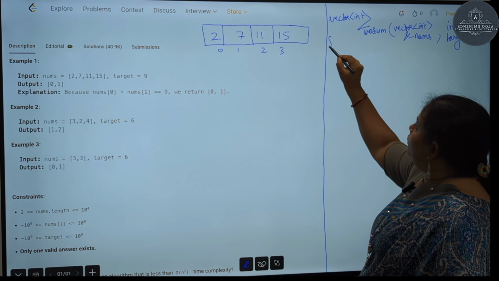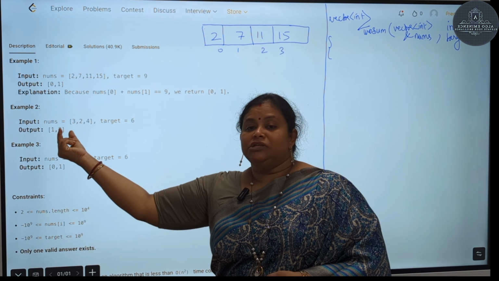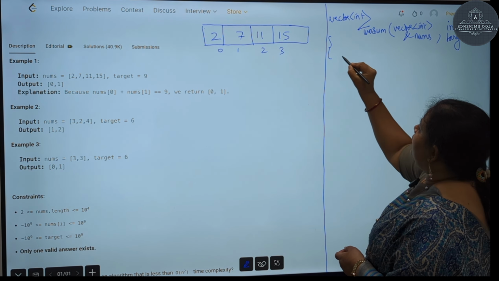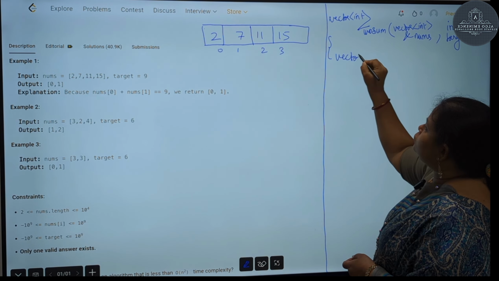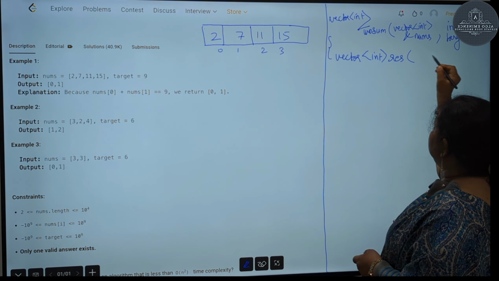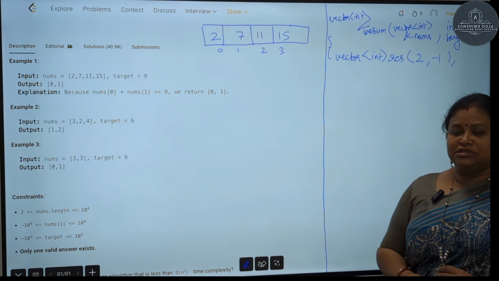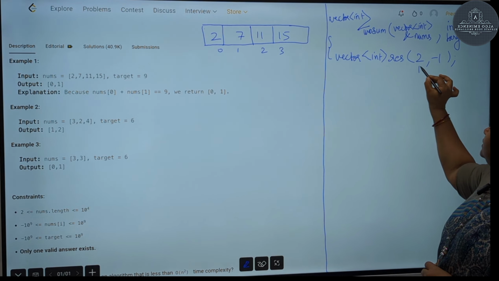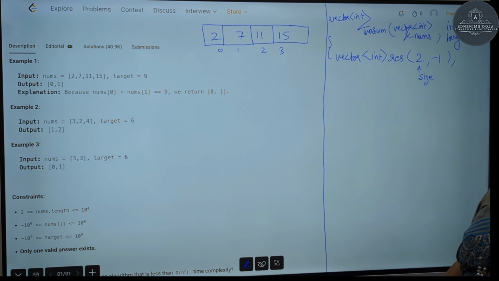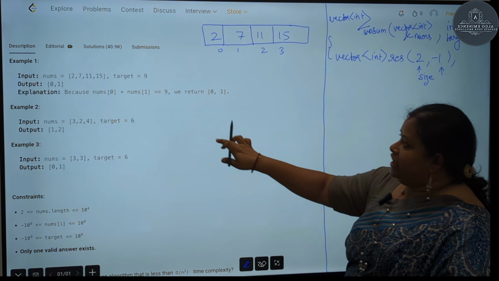Now, in this question we have to return a pair, meaning two values are being returned. So for that, we are taking again a vector so that it can store these values. Let it be result, and what I am doing is I am taking this. What does this mean? It means this 2 indicates that the size of this vector is 2 and it has been initialized with -1. Now why have I taken this? This I have taken because,